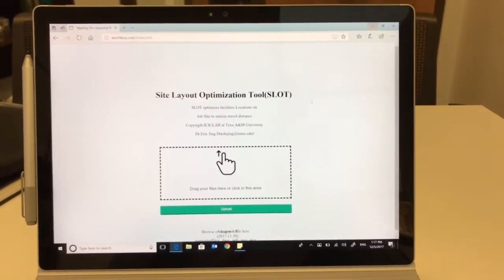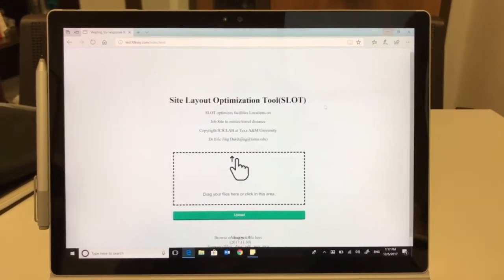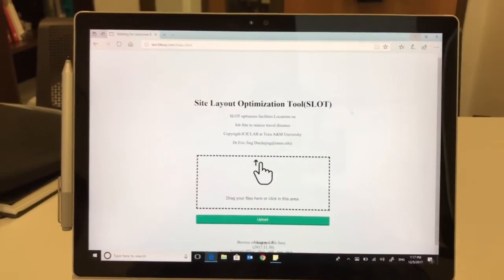Howdy. Today I'm going to introduce a tool that can help construction companies to optimize the locations of their facilities